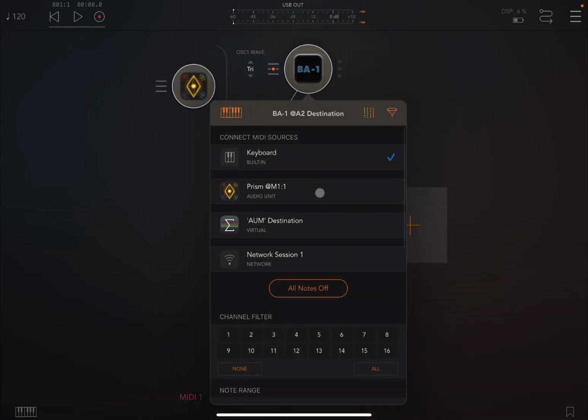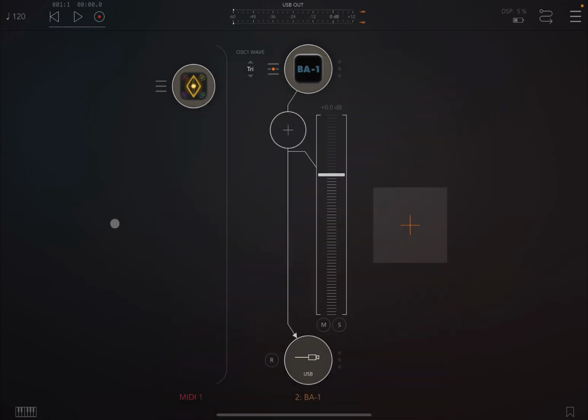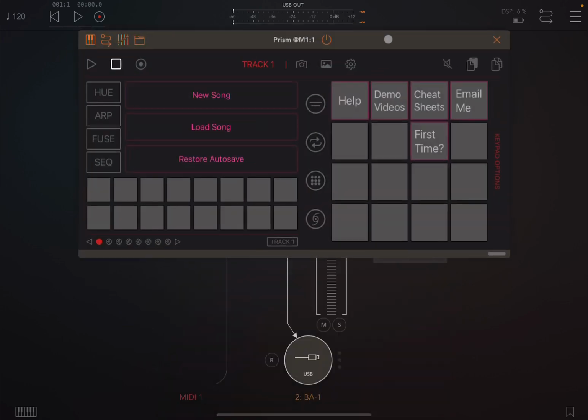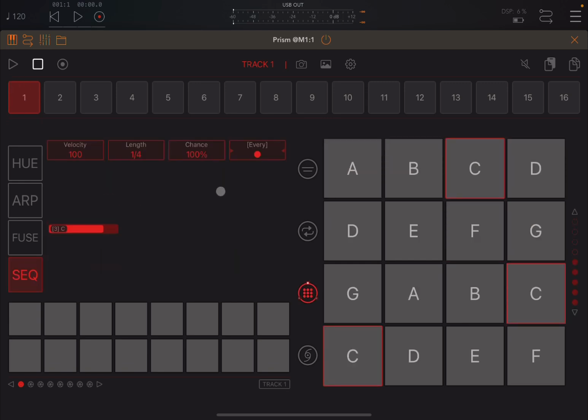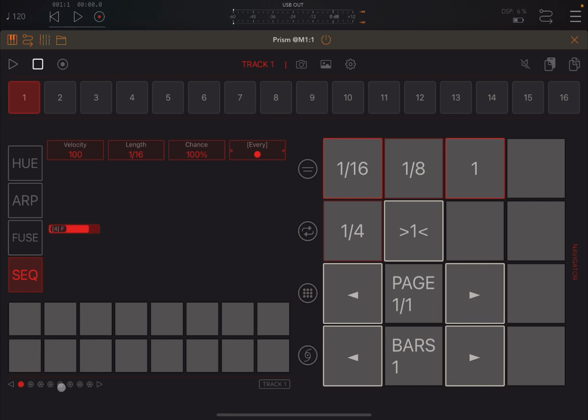There it is. We link the two as we normally do, and we get that to listen only on channel number 1. We open Prism, maximize it. We have selected the first track, click on new song, and then tonal track. And now let's test it. Okay, sounds great. Perhaps an octave lower. Maybe not. Let's leave it where it was. Okay, perfect. Now let's change the length here to 16th, and we'll leave, click and hold here, we'll leave the